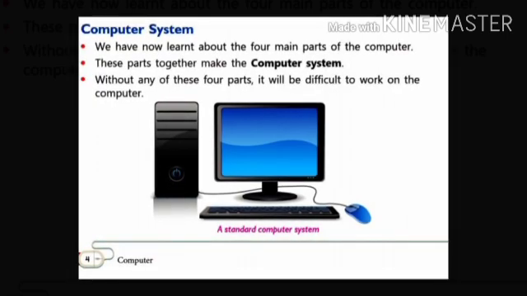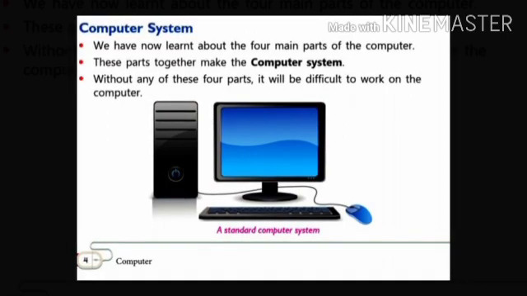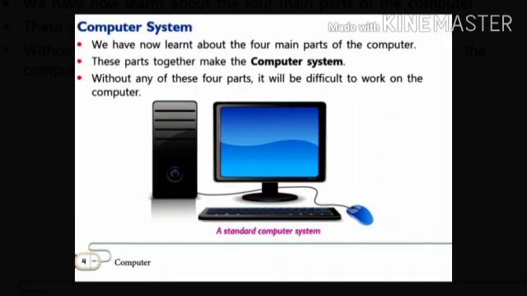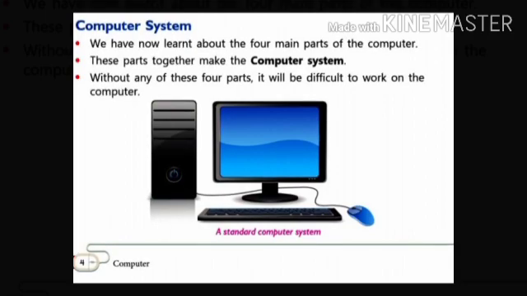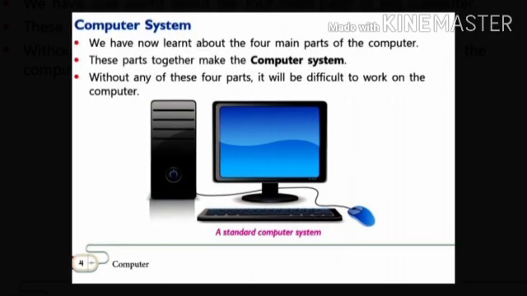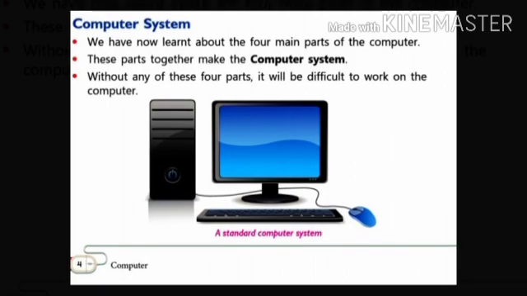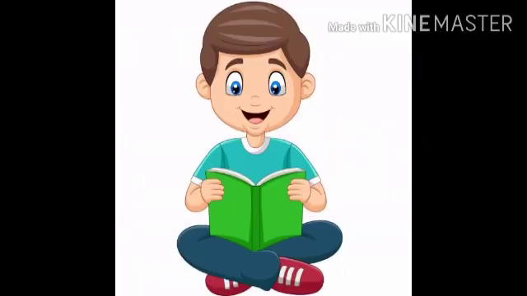We have also learned that the mouse is a pointing device which controls the movement of the pointer or arrow on the screen, and without it, we cannot perform any of these functions. Lastly, the main part, which is the brain of the computer, without this, we are unable to perform any of the work we do on the computer.